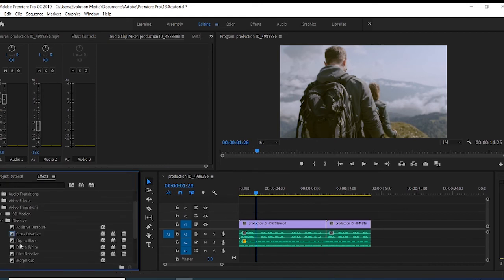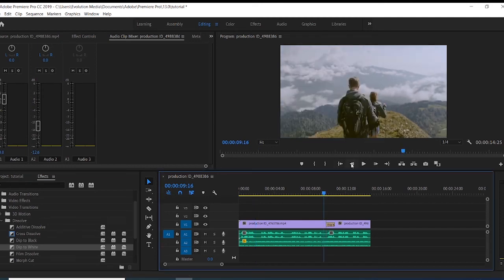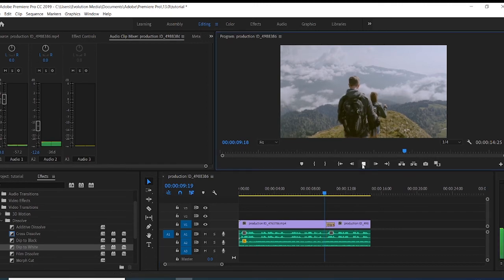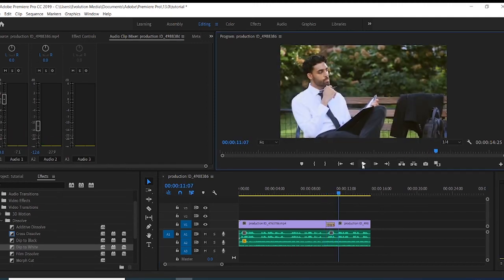You can go to dissolve, dip to white. Let's do dip to white, and then bring one here. If you put it in audio, it wouldn't work, because it's video transition, not audio transition. If you bring it now to the video, you see that you are seeing it here, and then you can leave it and apply it. So if you are here and you play it, you see that the screen will dip to white before transiting to the other footage here of an entrepreneur that we have here. You see, that's what we're talking about.